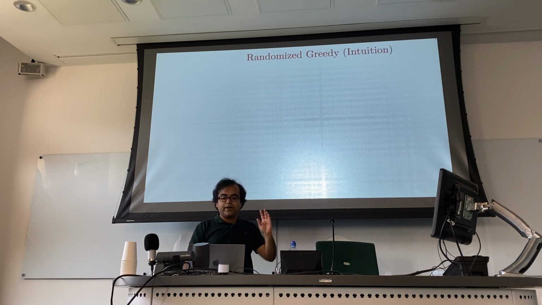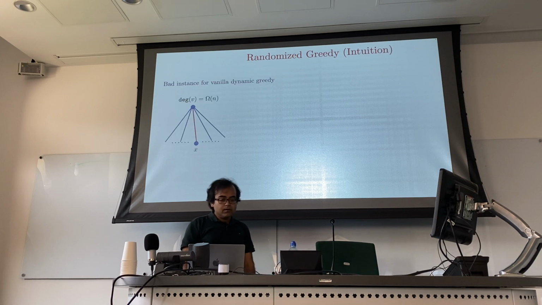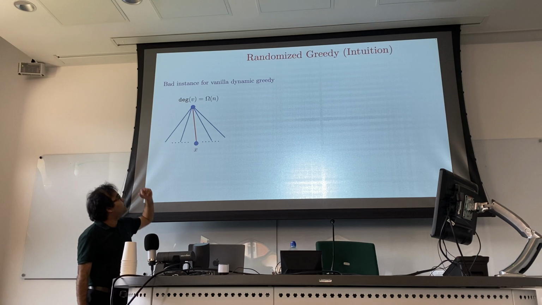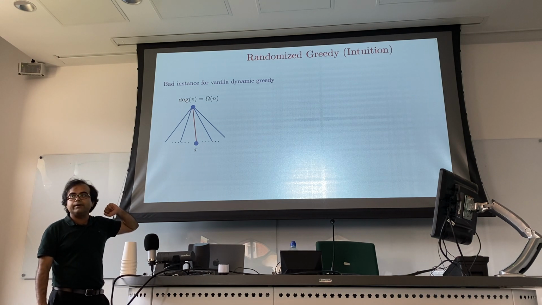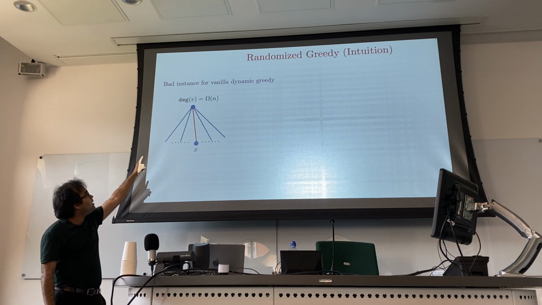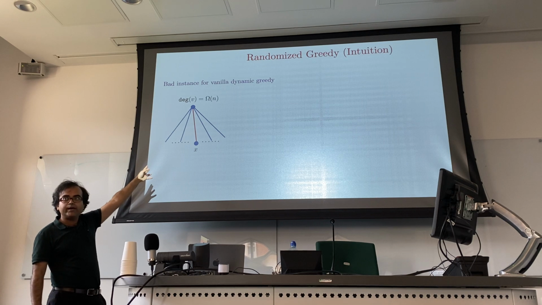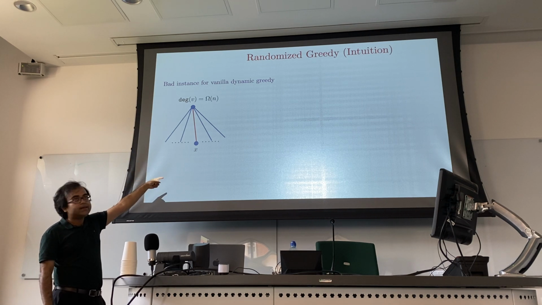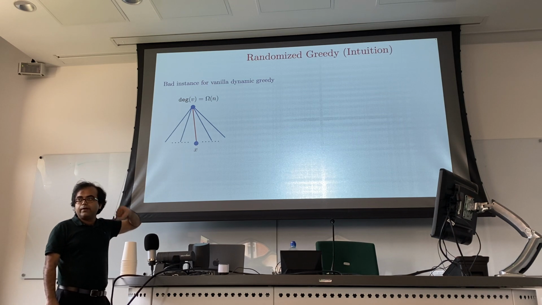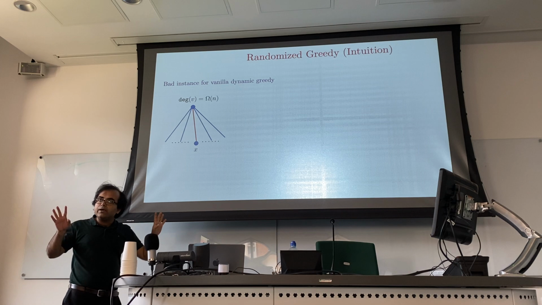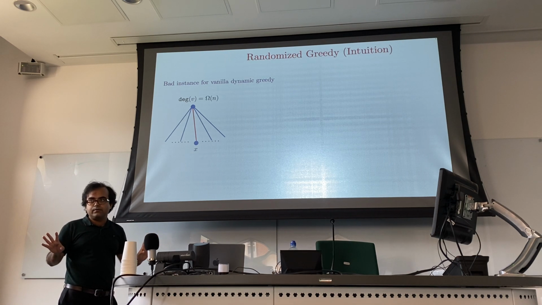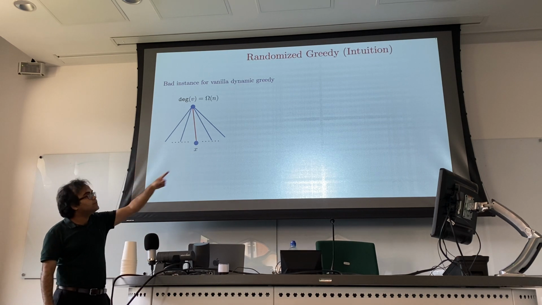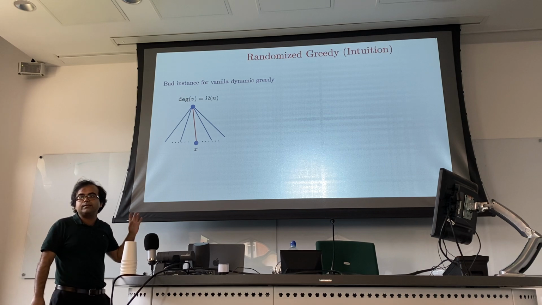I'll just show you one intuition as to why this makes sense, not the formal proof. What is the bad case for this vanilla version of dynamic greedy? The bad case was there is a vertex V with very high degree omega n, it had a matched edge Vx, and this matched edge is now getting deleted. And we want to find a new neighbor for V, and the only way we can deal with this right now, despite years of effort, is to just visit all of these neighbors, and that takes order n time.